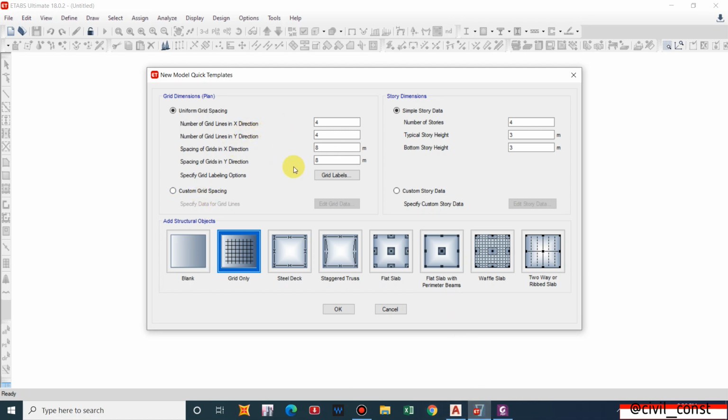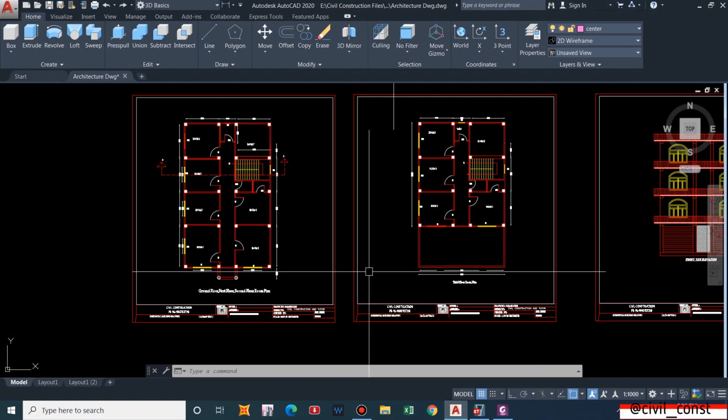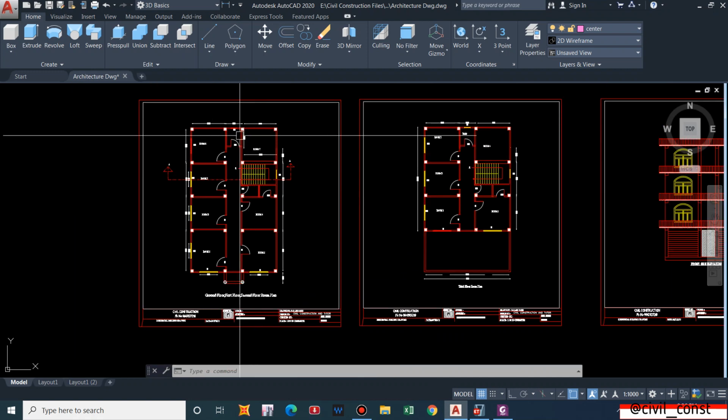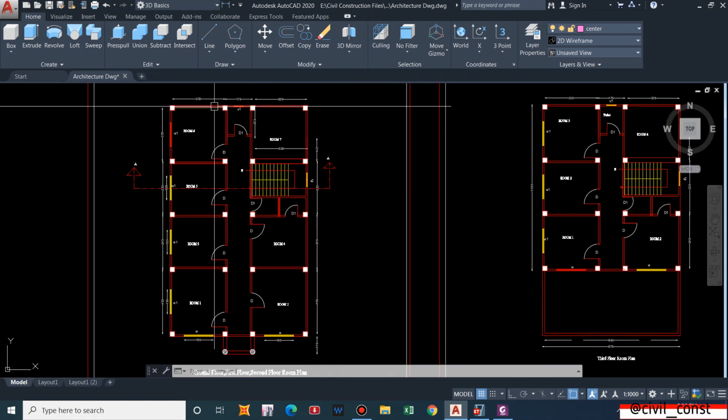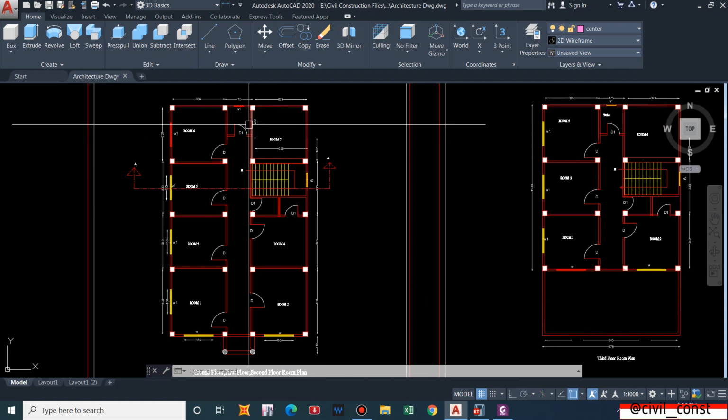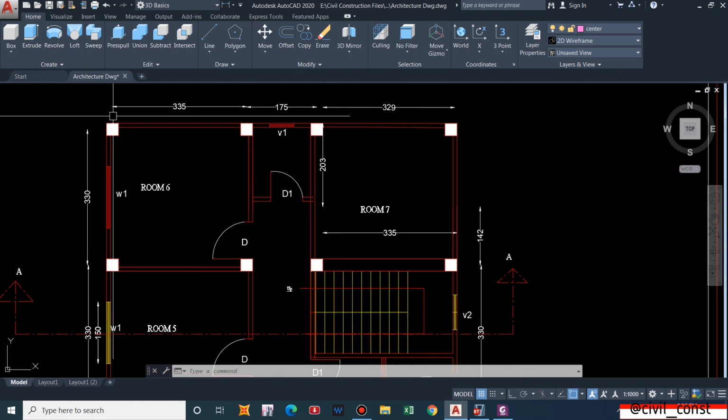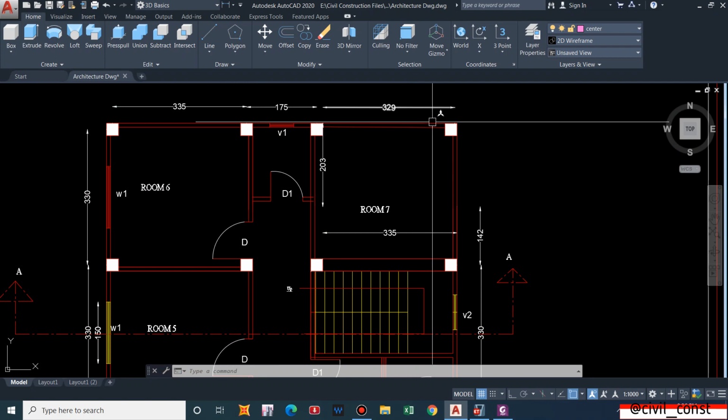Number of grid lines in the x direction and number of grid lines in the y direction are the things that will change here, but we will not change the spacing of grid data in this particular window. We will change that manually. So this is our architectural drawing, and the number of grid lines can be taken from the plan view. So 1, 2, 3, 4, four grid lines along the x-axis.